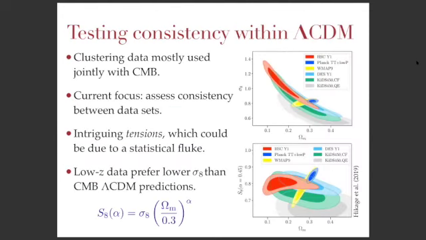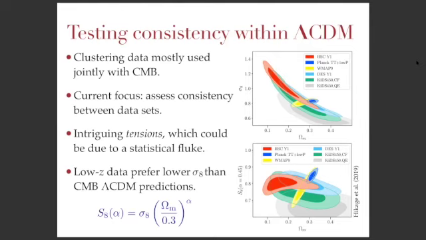Now, since then, the focus of the community has shifted a bit. So now the discussion in the community is not so much about constraining deviations from lambda CDM, but about testing the consistency between different data sets within the lambda CDM framework. Right? So this is a different question. And when people looked at this using different data sets, they found these intriguing tensions. These are differences between the constraints obtained with different data sets, which individually maybe don't have enough statistical significance